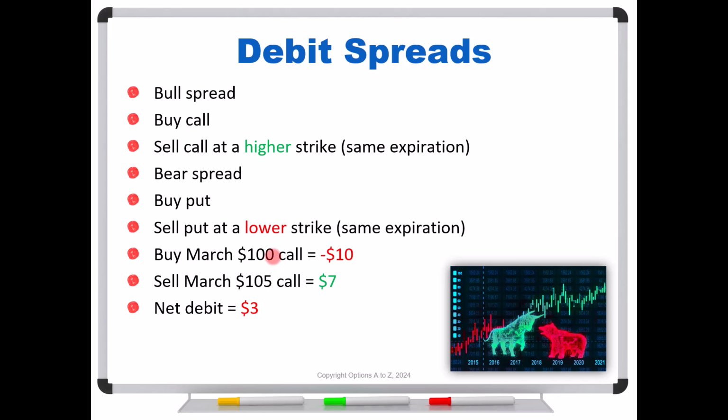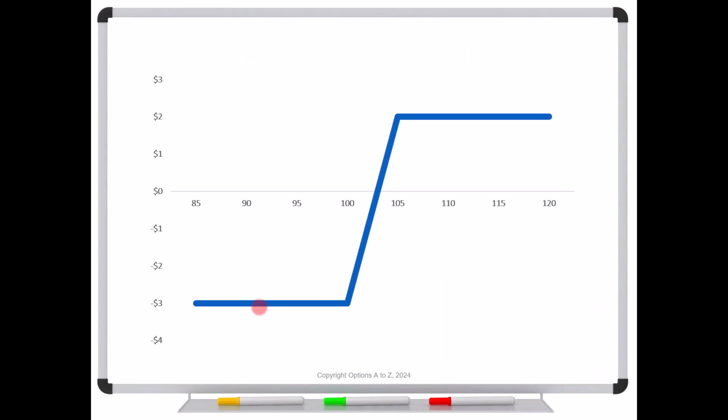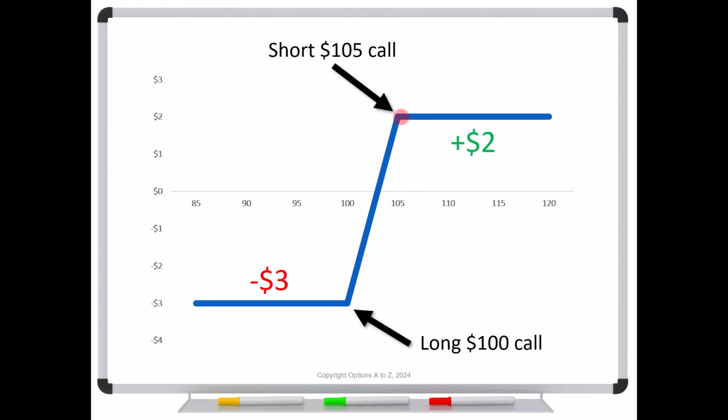So if we buy the 100 call, sell the 105 call, that would be buying the 100-105 vertical spread for 3. This is the resulting risk graph. There's our bend at the 100 long strike. There's our second bend at the 105. Here's the maximum loss at 3. We know that the most the spread could ever be worth is the difference in strikes, or 5 points. So if you spent 3, the most it could be worth in terms of profit would be 2. So here's your long 100 call, there's the short 105.